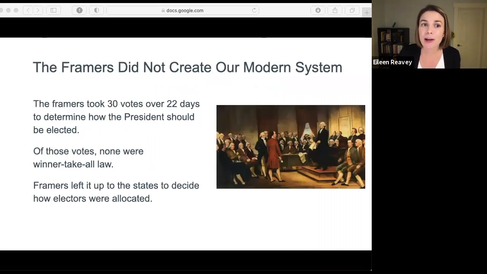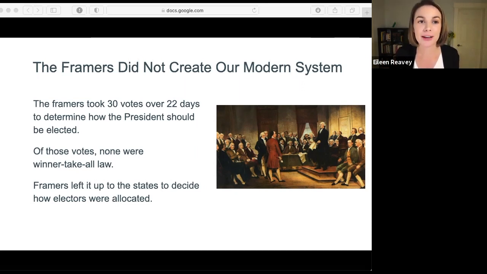Another objection people have is often around the framers of the Constitution, the founders of our country. I think it's important to note that the way we elect our president now is nothing like it was at the founding of our country. So people saying that we're going against the wish of the founders, or they'd be rolling over in their graves at this proposal, no, that is just completely unfounded. If you really look at how we came up with the system of electors,